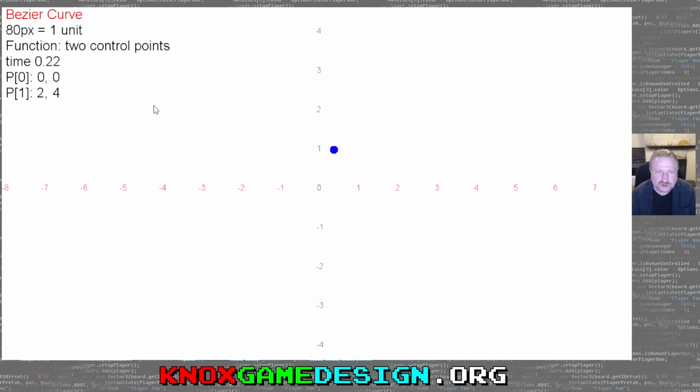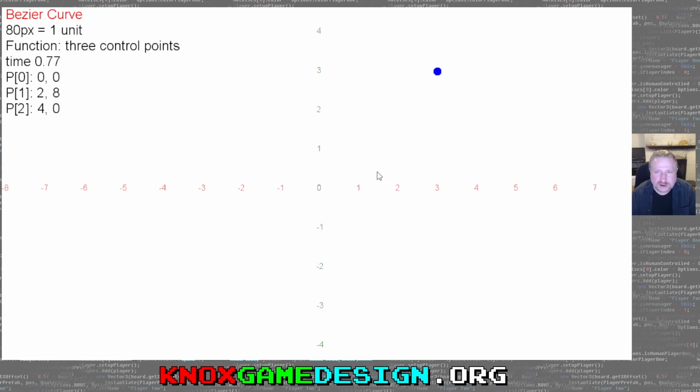So this is the one with 2 control points, 0, 0 to 2, 4. It's just going up and to the right in a line. Here's 3 control points. So this is our same. I'm not saying this is the exact same curve. It looks the same to me. You could probably do a mathematical proof showing that this curve is the exact same as the original basic one that we did at the beginning, or the sine wave, limiting it to 0 to 4, or the physics